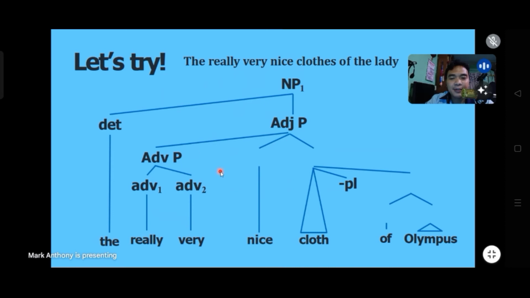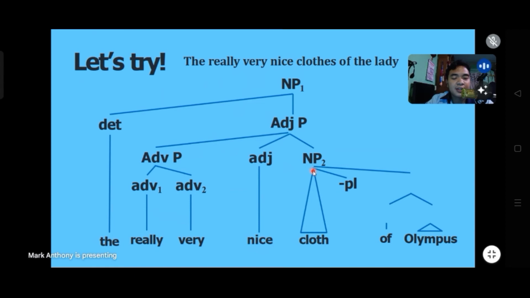And the next part we have is the adjective itself, which is the word nice, and which is followed by our second noun phrase, which is the word cloth,